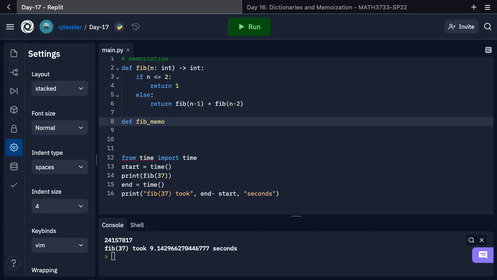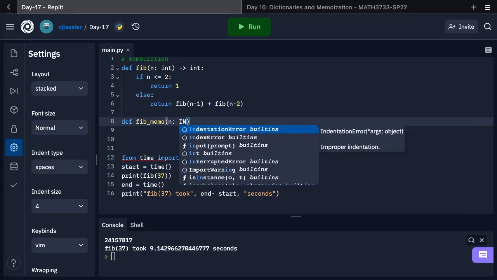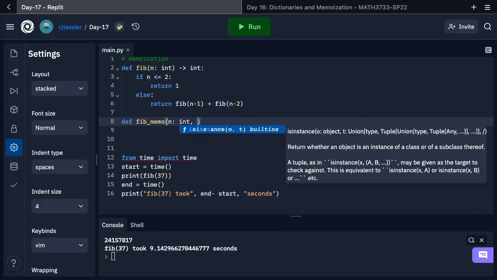There's another type of this process called tabulation, which we might look at later, but we're just going to focus on memoization for the time being. It's basically top-down versus bottom-up. We're still going to get the nth Fibonacci number, but we're going to